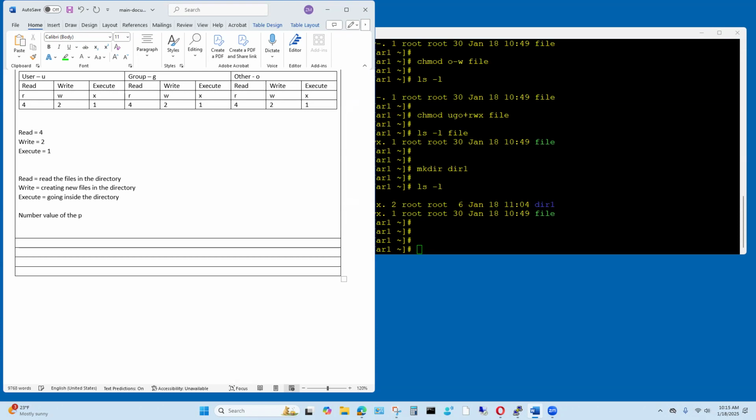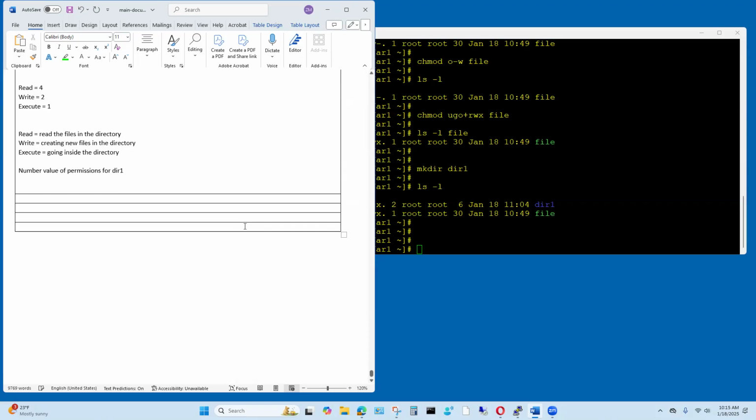Number value of permissions for dir1. Okay, so